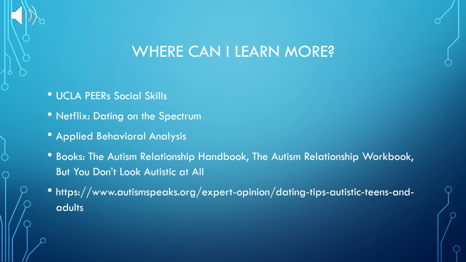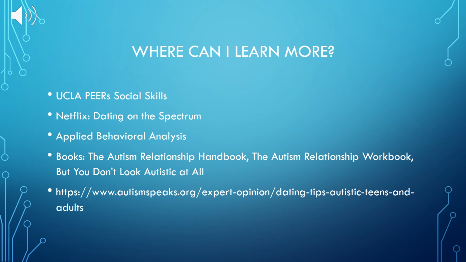Although I've provided a brief overview on the relationship between the neurodevelopmental disorder ASD and how it relates to interpersonal relationships, there is an unlimited amount of information out there. So if this is something that you're interested in learning more about, I encourage you to do some research. This can include looking at UCLA's PEERS Social Skills